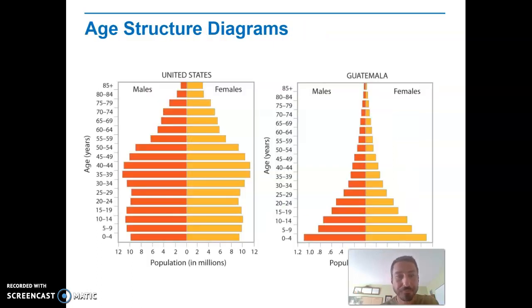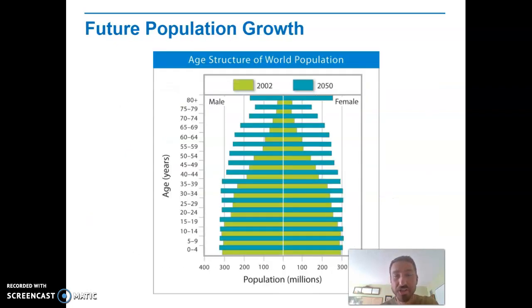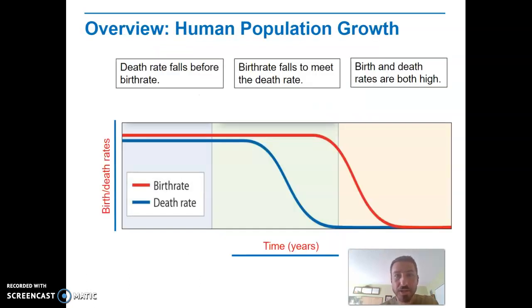Age structure, the one on the right is going to grow much more rapidly. I got to speed up. I only have about 10 seconds left. So it's much more stable. In fact, the population could even go down if it looks more weighted on the top. And we'll have to